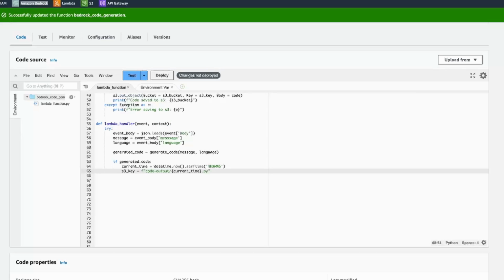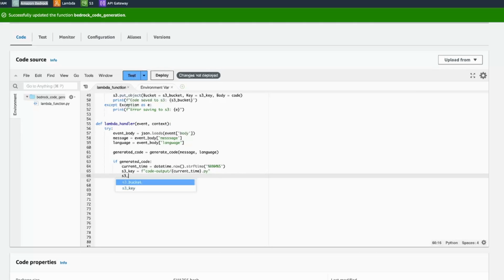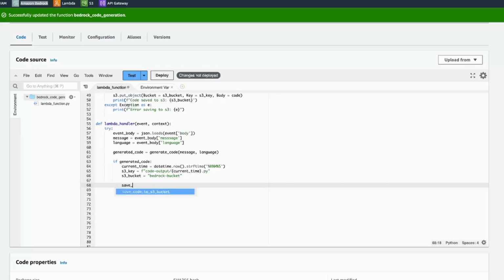But I know for the purpose of this course, I just want to write Python files. And then the actual S3 bucket, which we haven't created just yet, and we will get there, let's just call this Bedrock bucket. And now we simply need to invoke our save code to S3 function that we created above. So we're going to say save code to S3 bucket generated. We're going to first pass it the generated code, and then we need the S3 bucket and then